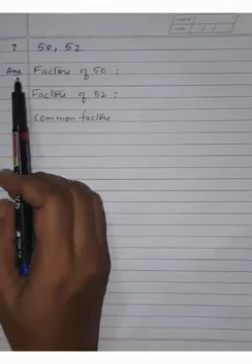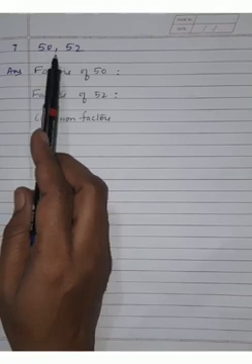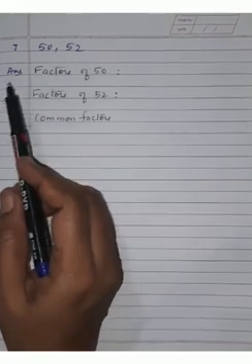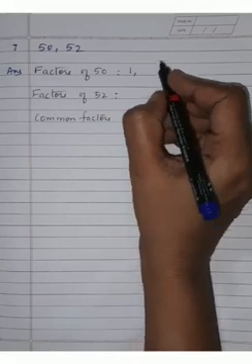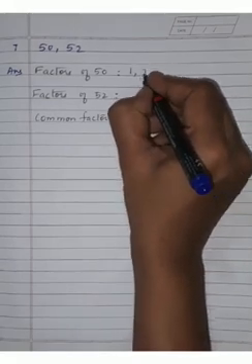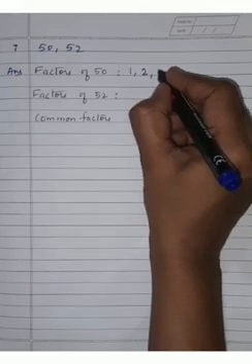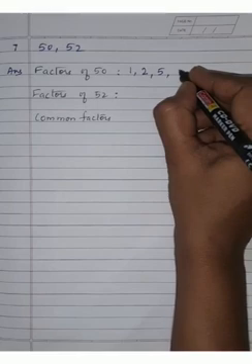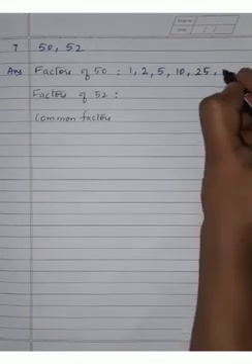Now students, I did up to the 4th one, then directly I have come to the 7th one. We have to find whether 50 and 52 are co-primes or not. So we'll start the answer with factors of 50. Factors of 50: it comes in the 1 table, 1 50s are 50, and in the 2 table as 2 25s is 50, then 3 and 4 don't come, 5 10s is 50, then 10 5s is 50, then 25 2s is 50, and directly 50 1s are 50.